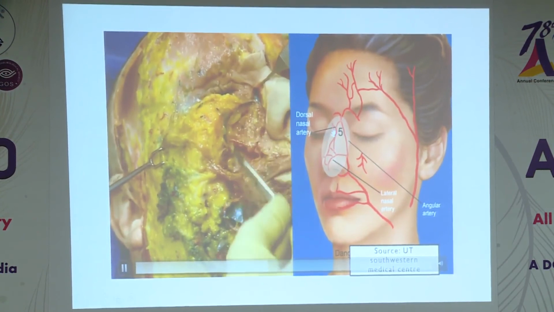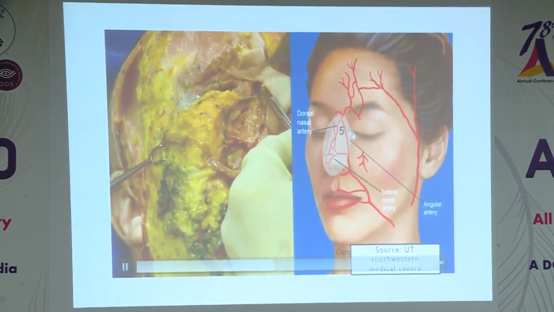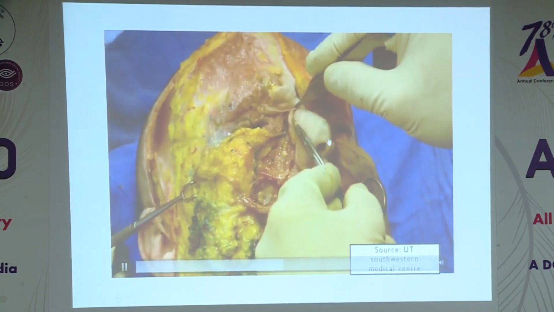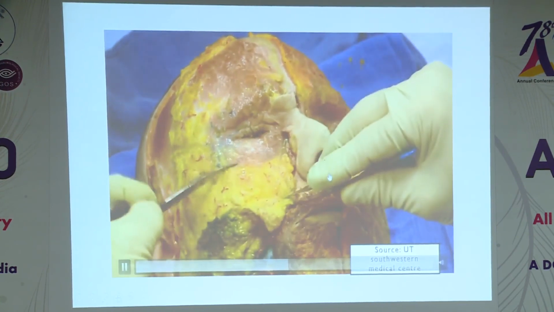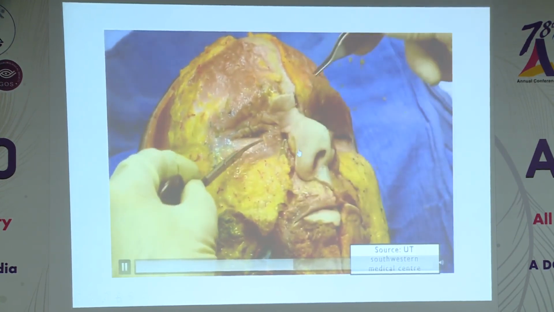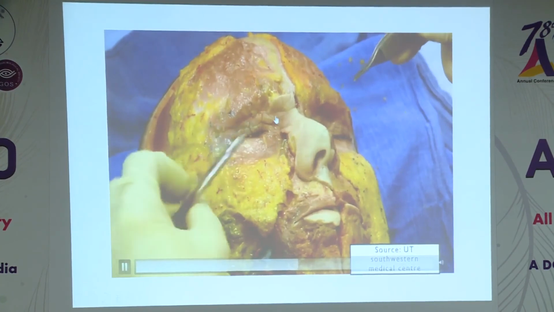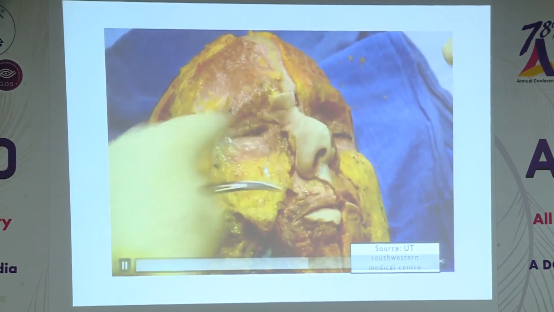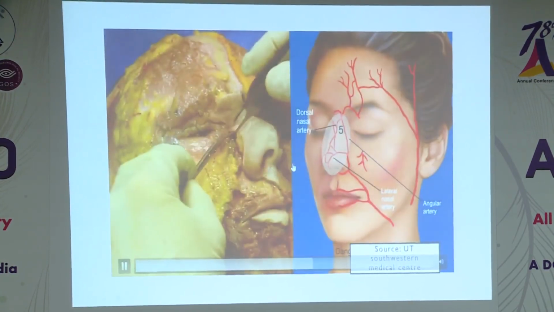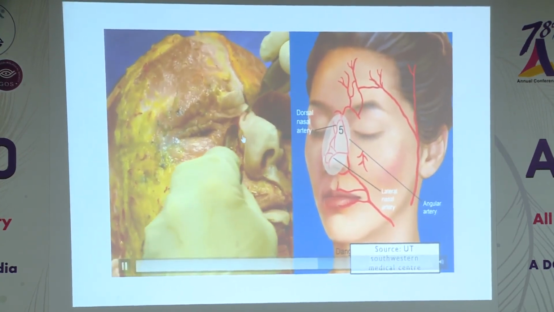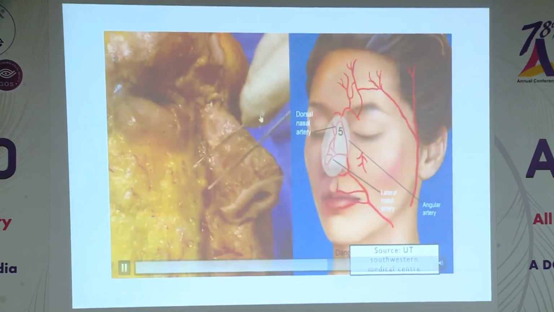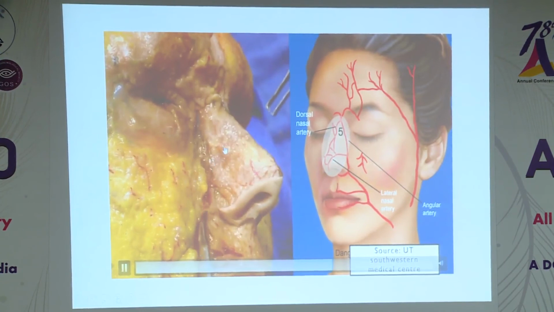As it goes up, it gives branches, dorsal nasal artery and lateral nasal artery. This forms the danger zone again, because these are anastomosing with the columellar arteries and veins here. So beware, when it forms the angular artery above, angular vessels above, you don't inject in the angular vessels. In any case, the medial area is a danger zone because of inferior orbital vessels and angular veins. See the proximity of the angular vein, and we all know, being DCR surgeons, that it is very prominent. Here it is deep around the mid nose and becomes superficial at the radix of the nose.